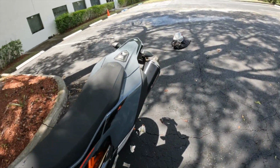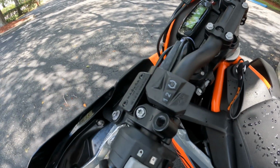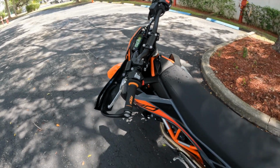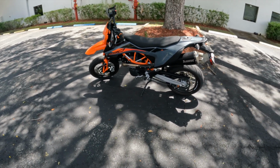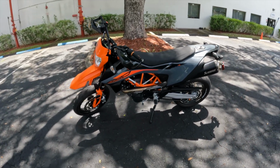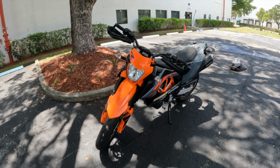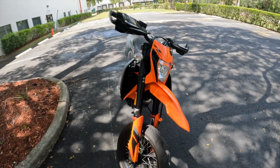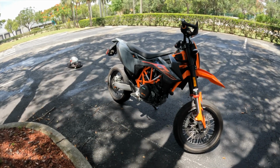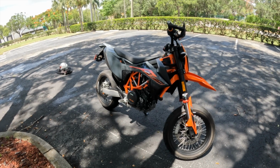Now the rider modes. Let's talk about what it has on here. It basically has 2 modes. It has a street mode, and it has a supermoto mode, because this really is that. It's considered a naked bike, but it really has that supermoto look. Now, in addition to street and supermoto mode, this bike does come with traction control, ABS, and it also has cornering ABS because it has a lean angle sensor. Now, all of this could be disengaged when you just want to go kind of balls out on this bike, but more importantly,